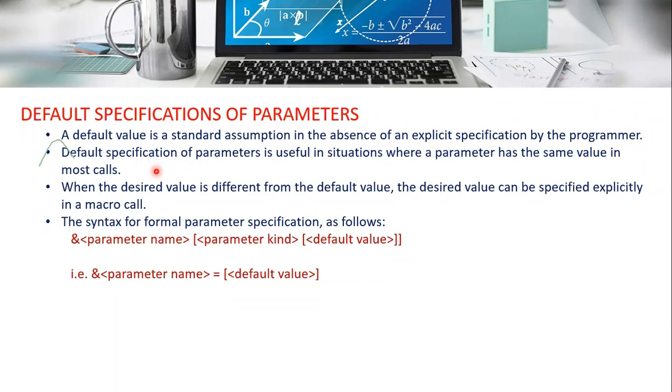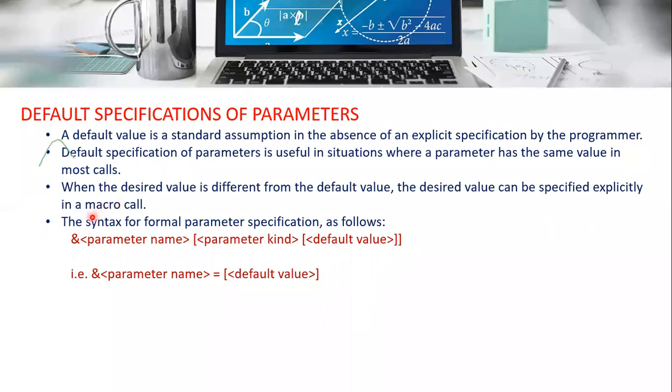For example, we consider the rate of interest in the bank. That is most of the cases rate of interest is common, but if particular customer have a rate of interest change, okay, bank want to reduce the rate of interest or increase the rate of interest for the particular customer, then bank can pass that changed value to the given location. Okay, in other cases the default value will be considered. This is the example in your real situation. That is the default parameters. When the desired value is different from the default value, the desired value can be specified explicitly in a macro